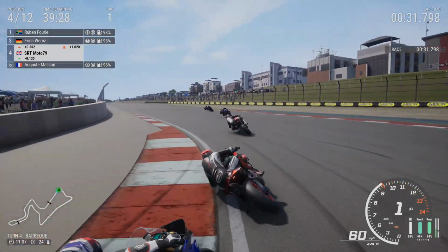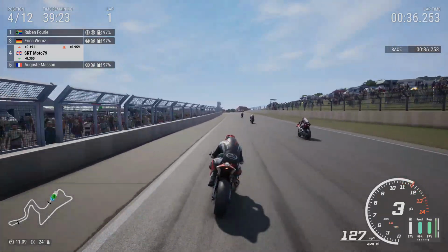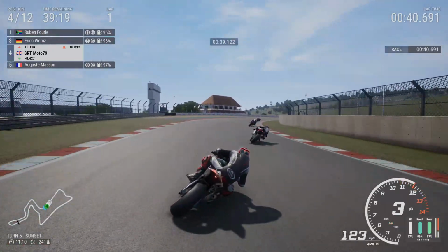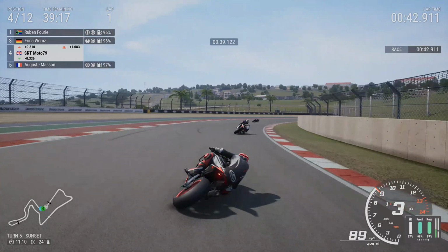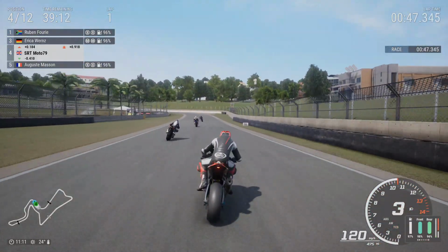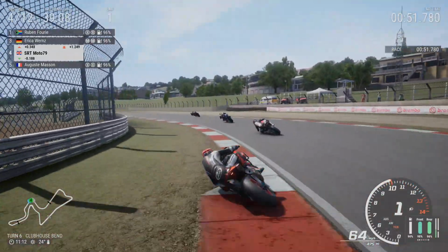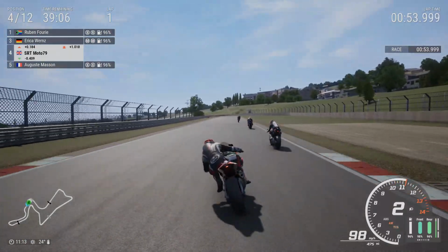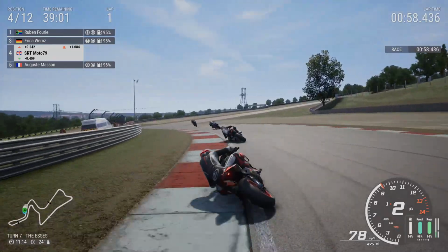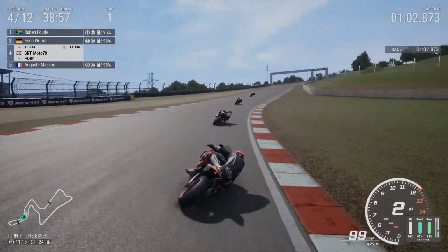The tyres aren't really getting warm. We're running the hard tyres. It's sliding about, you can see, and I'm a little bit late on the brakes. There's a lot of lateral movement from the bike, so it was a really sort of cautious first few minutes trying to get some heat into the tyre. As the race progresses and it goes through to like the early afternoon, the air and track temperature do come up, the tyres do get a bit warmer, but the first few laps, especially into this corner, it is an